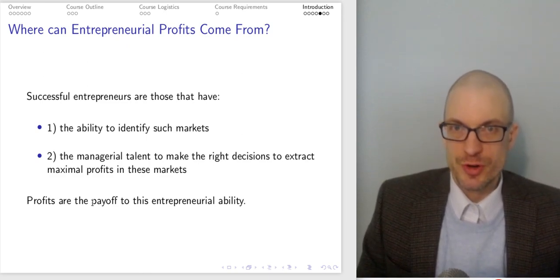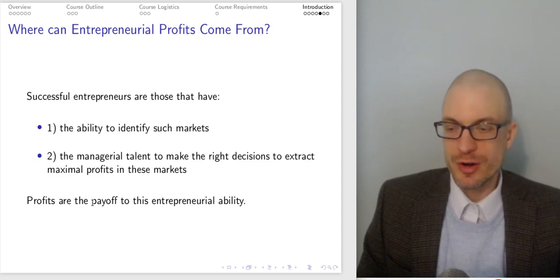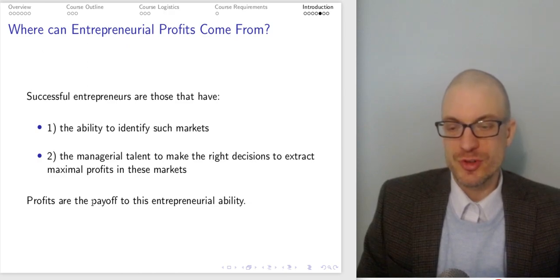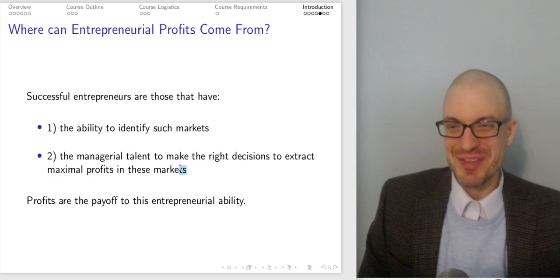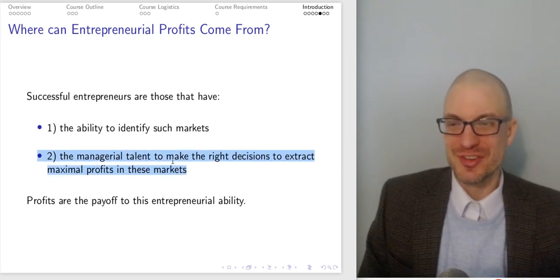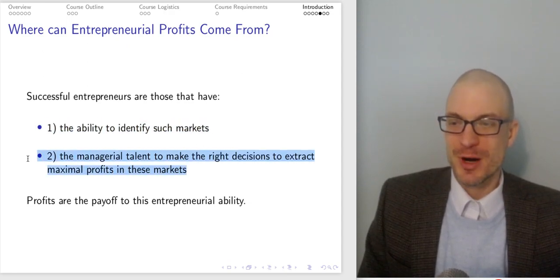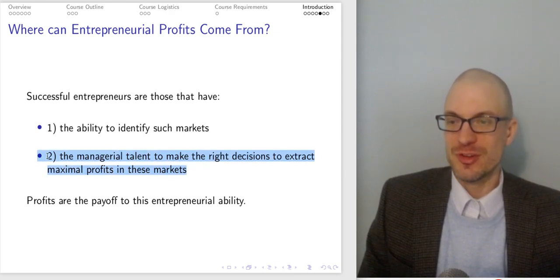Successful entrepreneurs are going to be those that have the ability to identify markets like this, right? Markets where you have a low cost or where you're able to charge a price above marginal cost, and those that have the managerial talent to make the right decisions to extract maximal profits in those markets. So part of it is being in the right situation. Part of it is having the ability to capitalize on and maximize that situation,